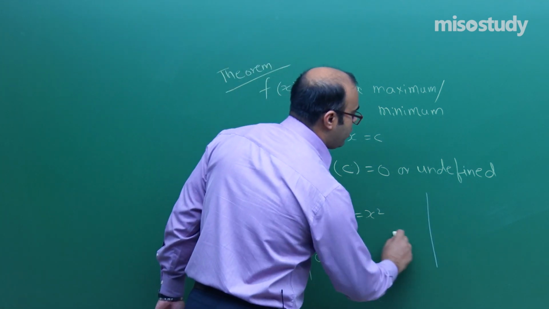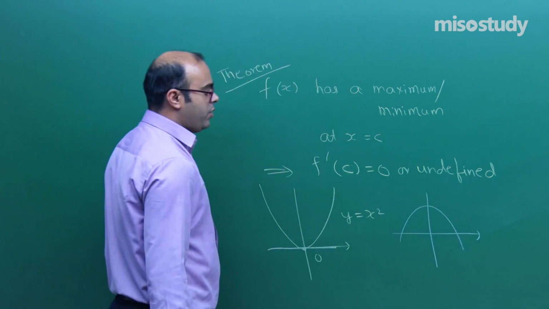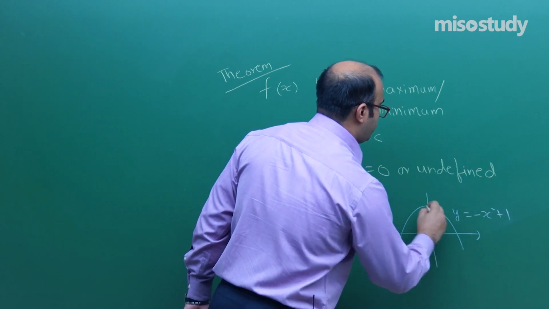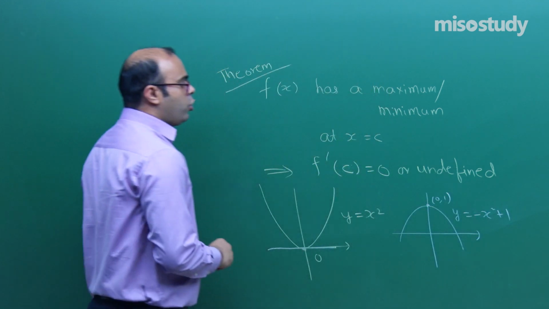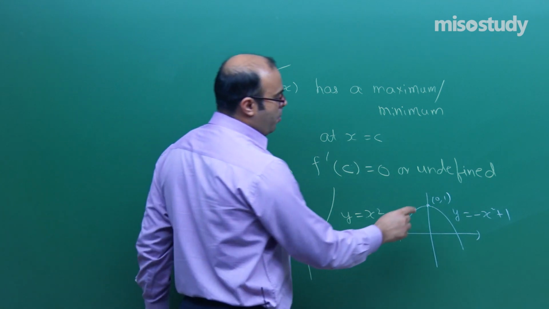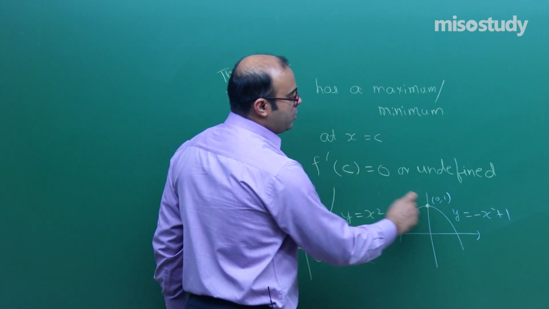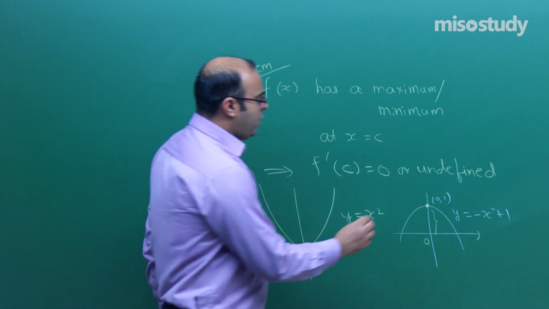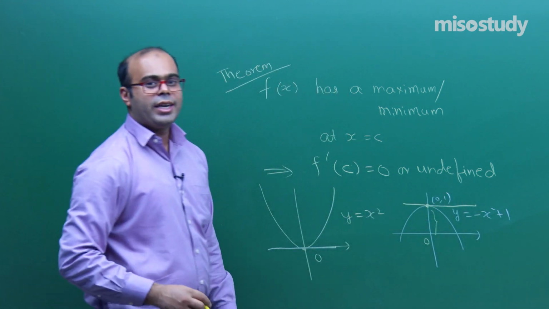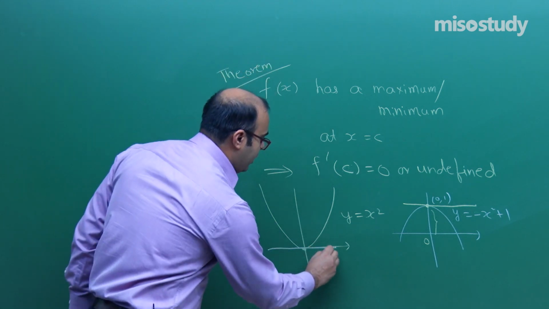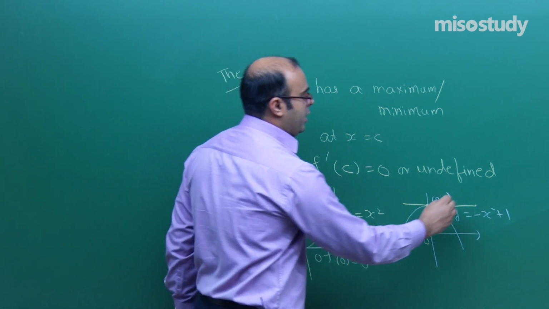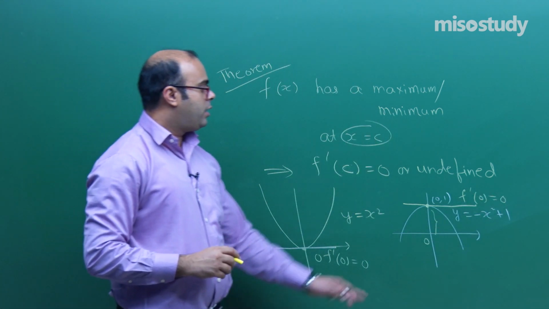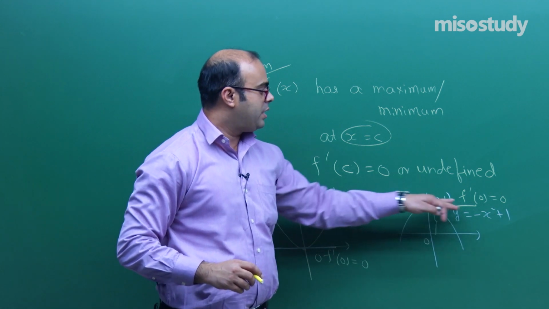If we take a graph, suppose this one, this graph is y is equal to minus x square plus 1. So, this point is 0 comma 1. If we observe here, this point 0 comma 1 is the point of maxima, that is at 0 the maximum value 1 comes. So, the derivative here, that is the slope of the tangent here, is 0. So, we find here that f dash at 0 is 0. The c point here is actually 0, the origin. So, the point at x equal to 0 has the derivative 0.